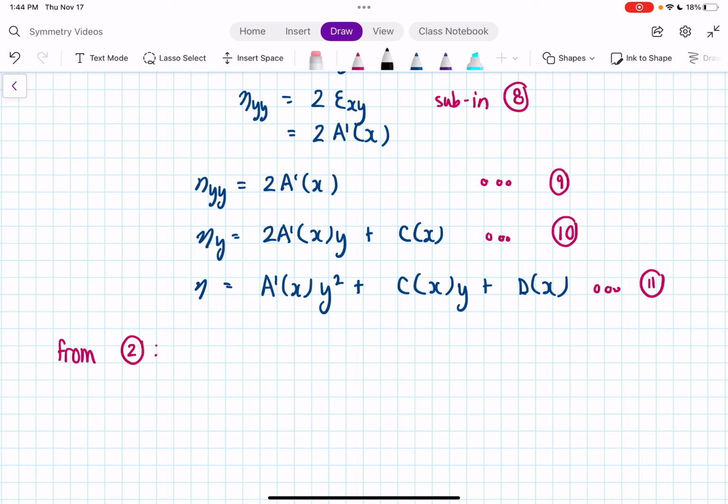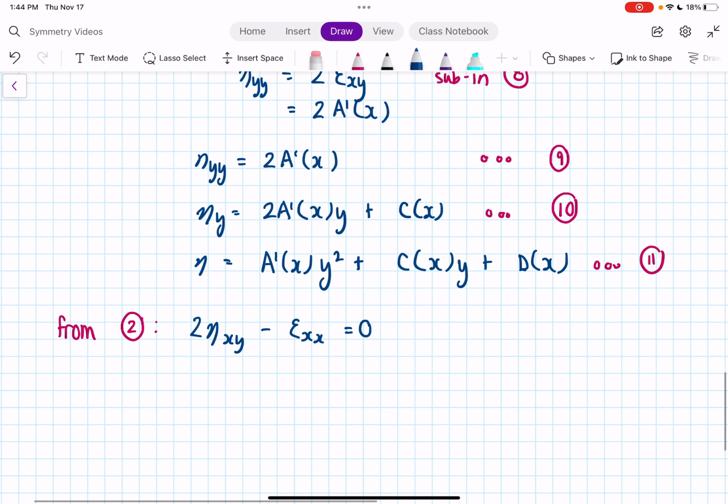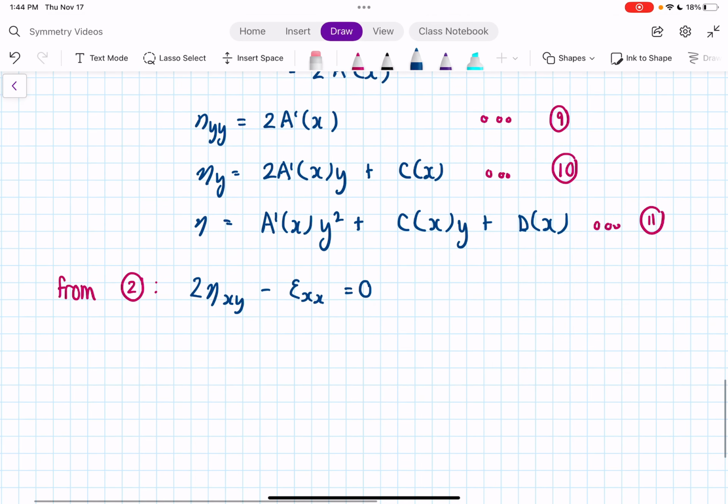So equation 2 had... now I haven't really shown the differentiation, so I think I'm just going to do that just in case. Okay, so from 11, we can now, we're going to get one more. We're just going to get actually 2 more. So we're going to go